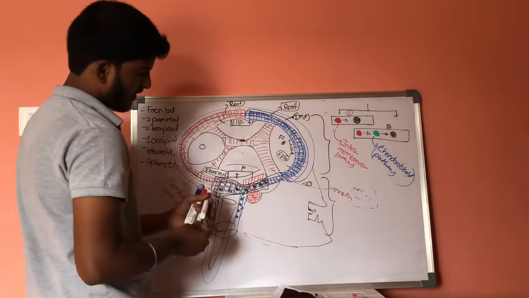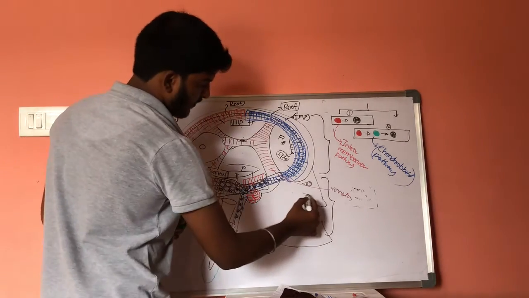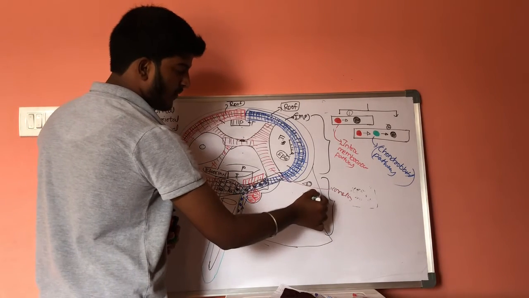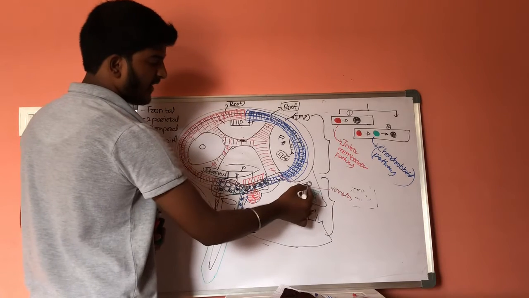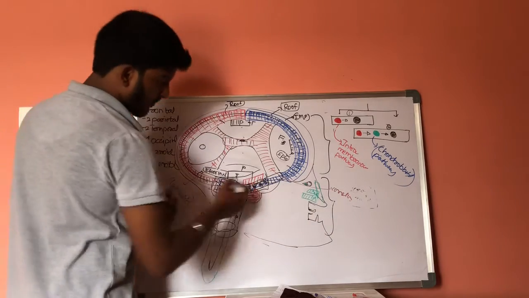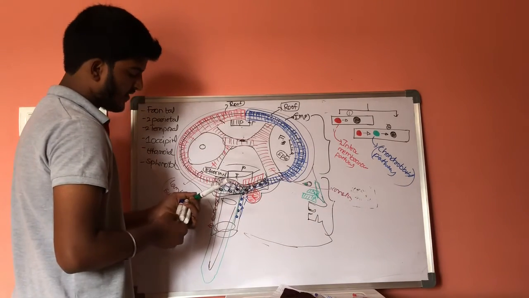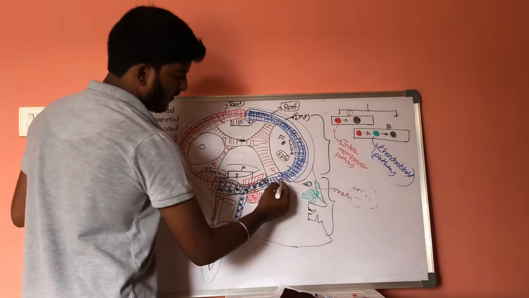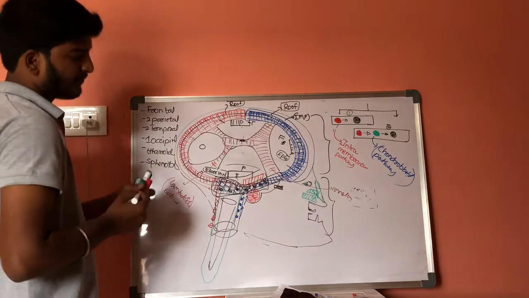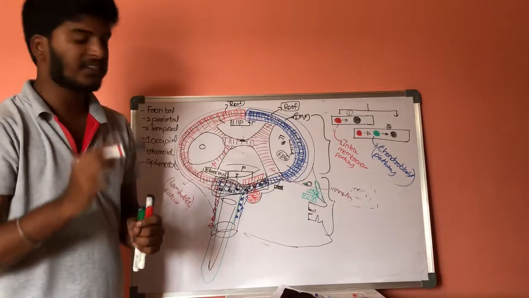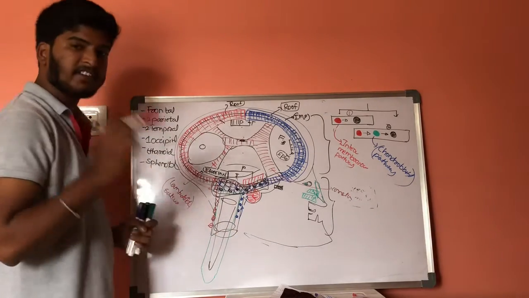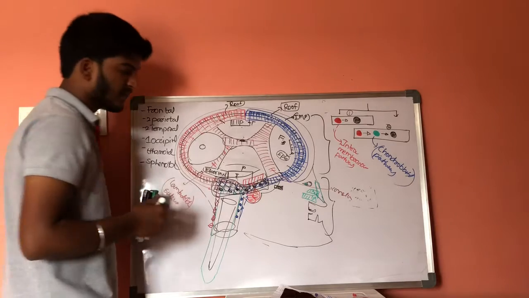Here it consists of maxillary bone, and on the surface of the maxillary bone it consists of zygomatic bones, and here it consists of nasal bones, and at the posterior sides it consists of temporal bones, and there is a special arch that is called the first pharyngeal arch. Now the first pharyngeal arch will be cleaved into 2 forms.